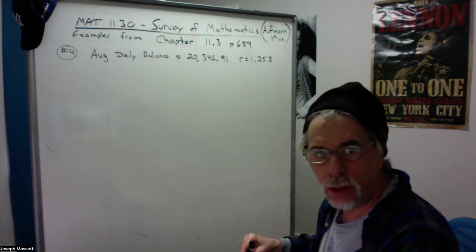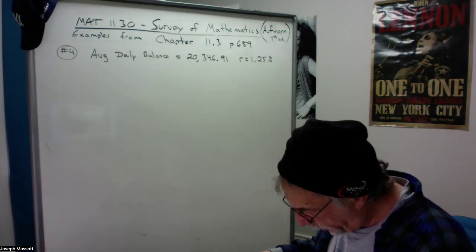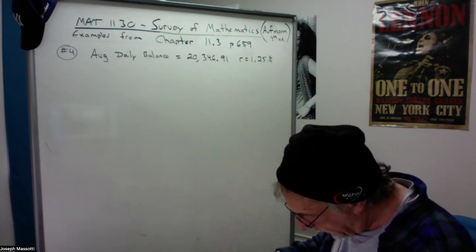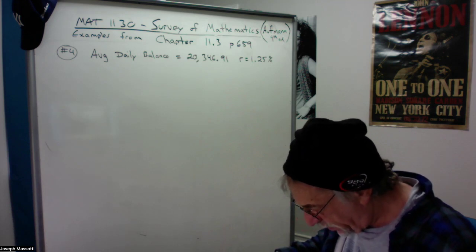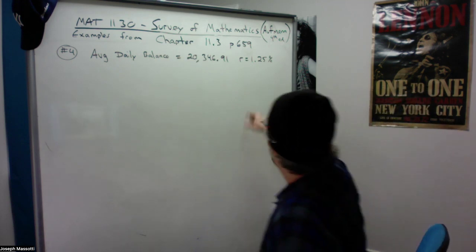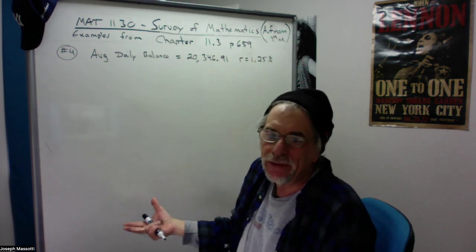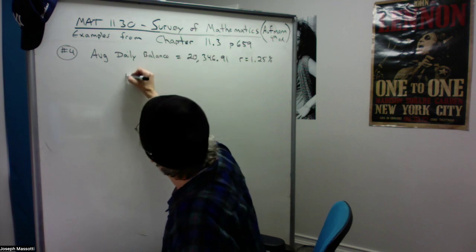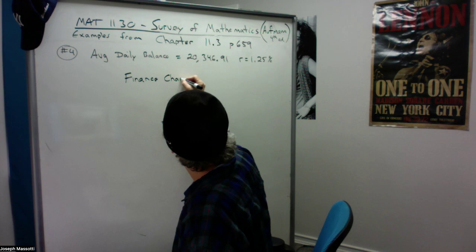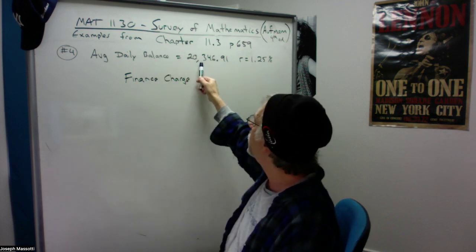So for number 4 here, it says calculate the finance charge for a credit card that has the given average daily balance and interest rate. So this is incredibly simple. All you're doing is multiplying this number by the rate, and that's going to give you your finance charge. All right, so your finance charge here on this average daily balance of